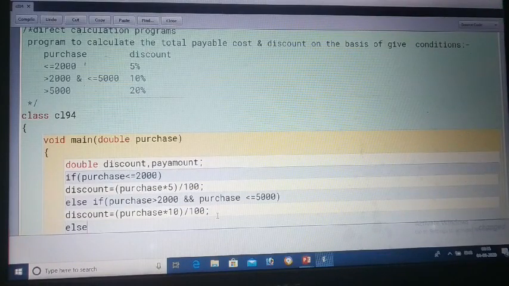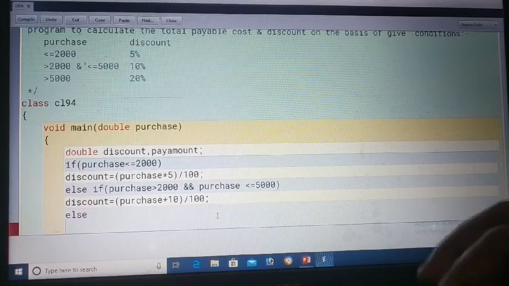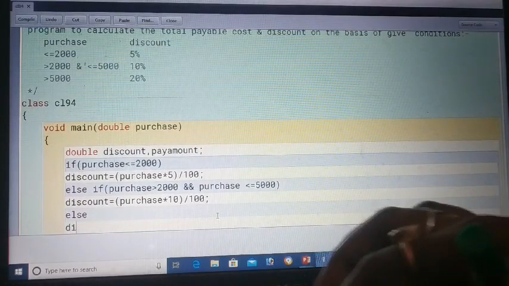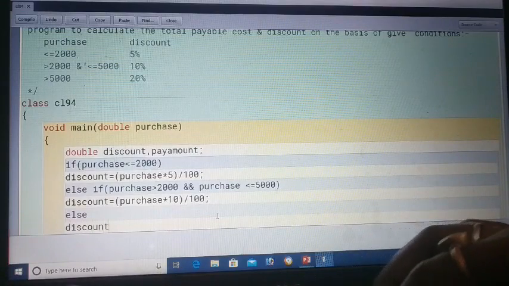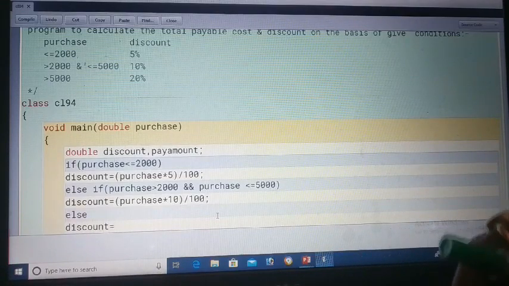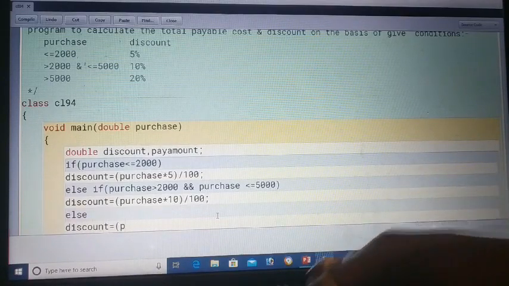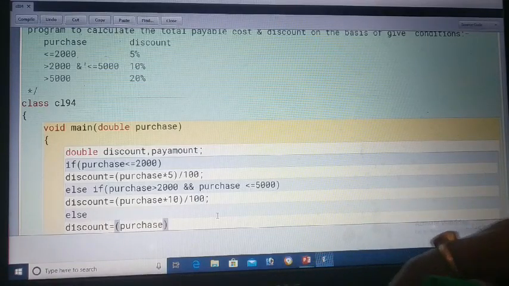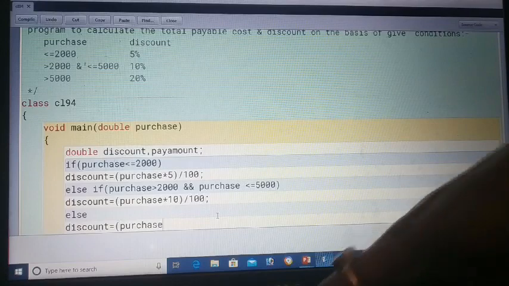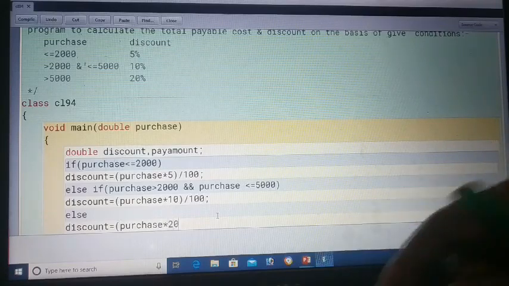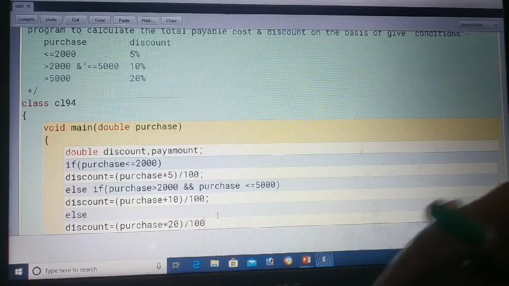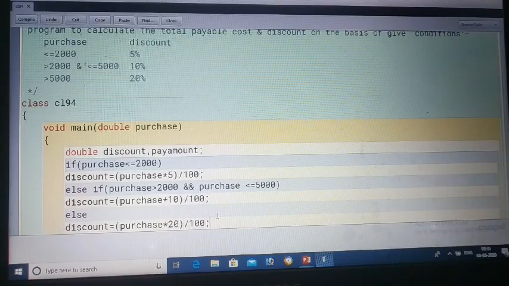Is it okay? So we can directly calculate the discount here. How much percent? 20%. So 20 by 100. This way we can perform.